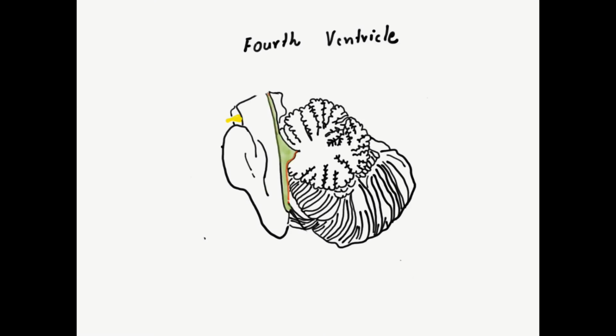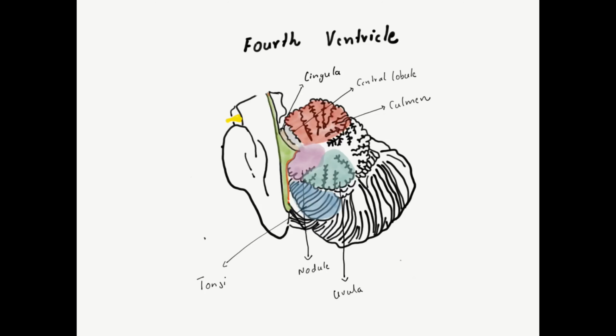Coming to the petrosal surface, it is that portion of the cerebellum that faces the petrous bone. In this, the fourth ventricle invades into the petrosal surface, and we have lingula, central lobule and culmen that are present rostral to the fourth ventricle. And caudally, we have nodule as well as uvula, and this is the tonsil, and other parts of the vermis being declive, folium, tuber and pyramid.